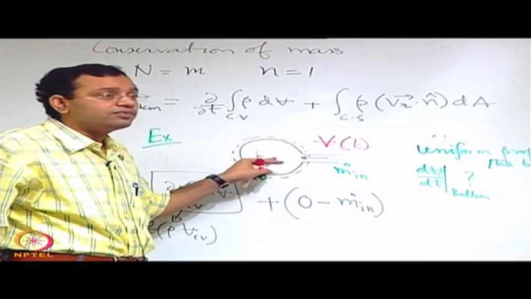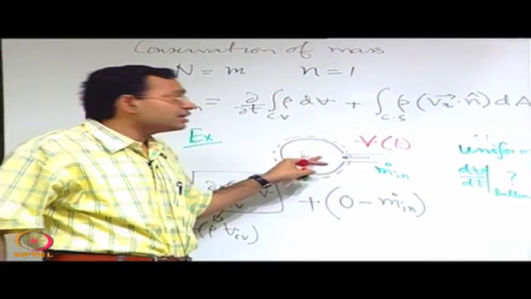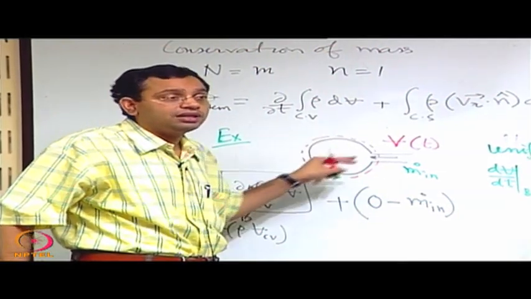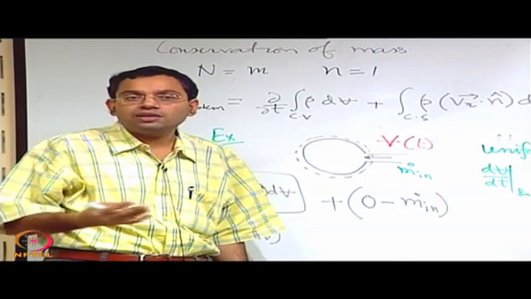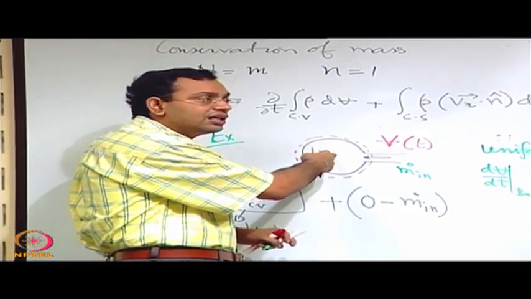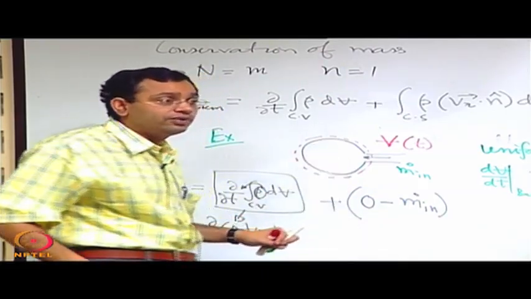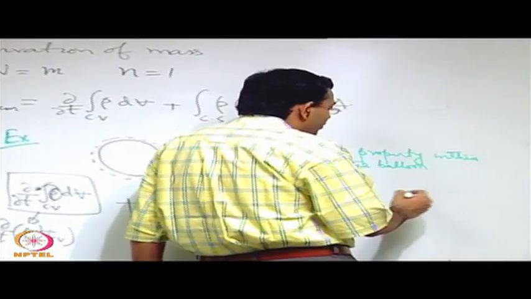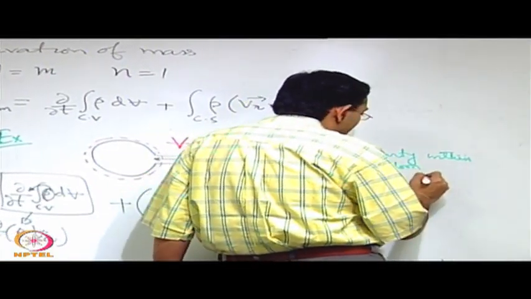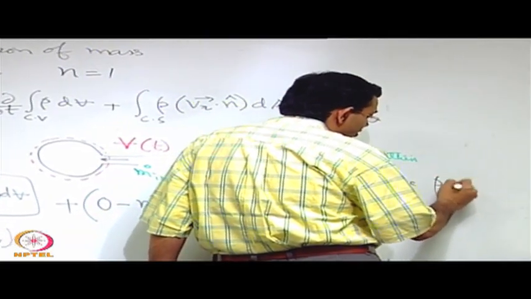It is actually one of the toughest problems in mechanics, because it needs an understanding of the elasticity of the balloon material. Based on that, how it adjusts to the change in terms of the new density inside is something that needs to be looked into more carefully. But if you make an approximation that it is not only uniform, but also that rho does not change with time, rho is not a function of time,